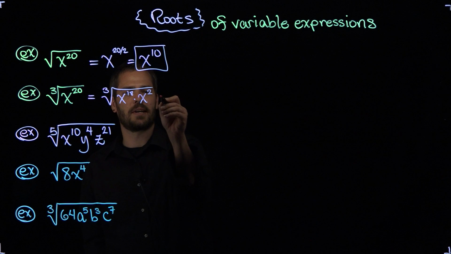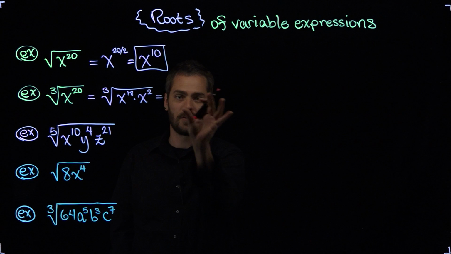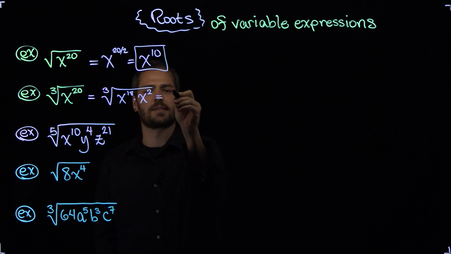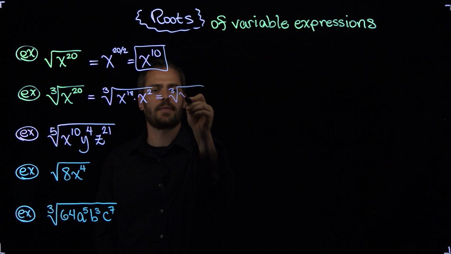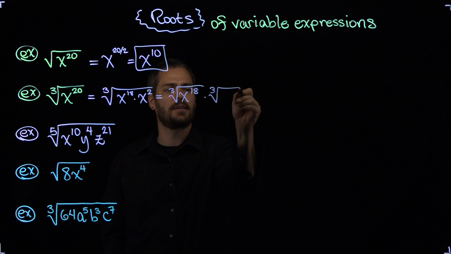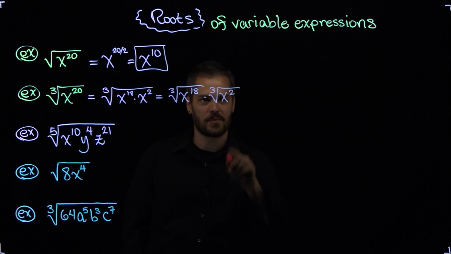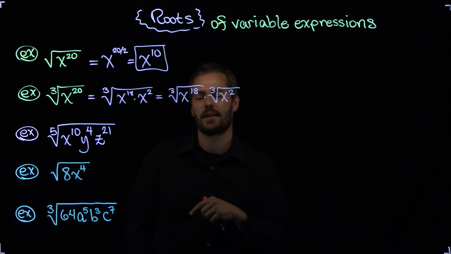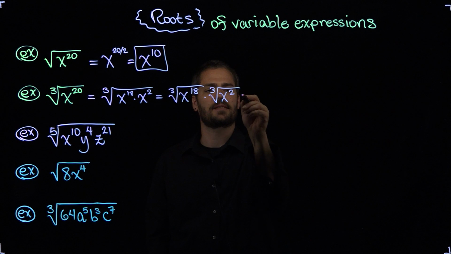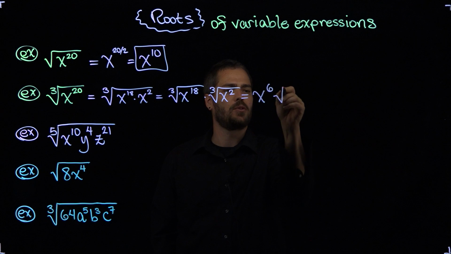And now I'm going to separate it into 2 different roots. And you'll probably, as you get used to this, not even do the separating part. You're just going to start going straight to the solution. So it looks like this. The cube root of x to the 18th times the cube root of x squared. This little part is just going to stay as it is because the power on the inside is lower than the index on the outside. But for this one, 18 divided by 3 is 6, so I end up with x to the 6th times the cube root